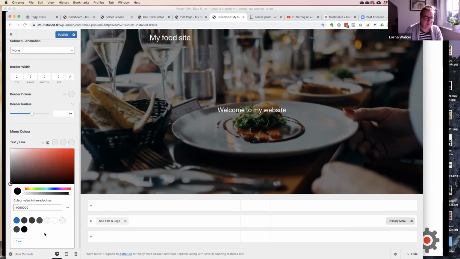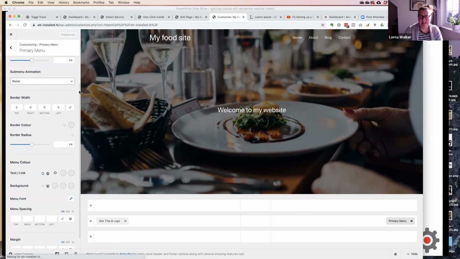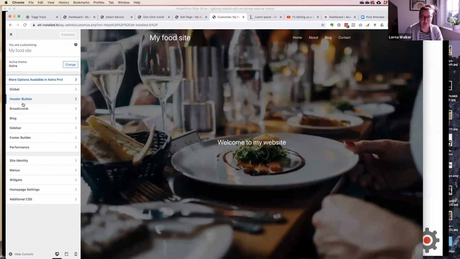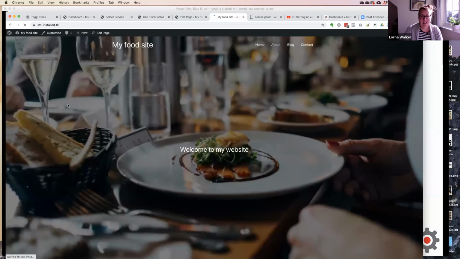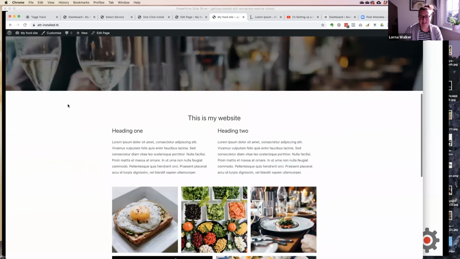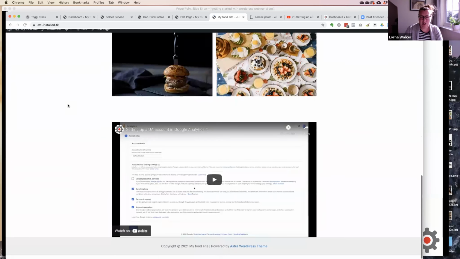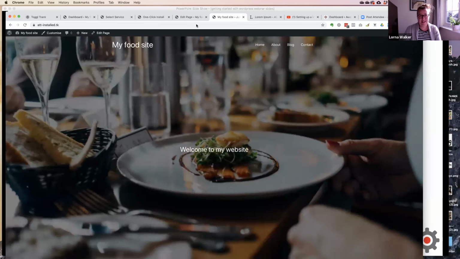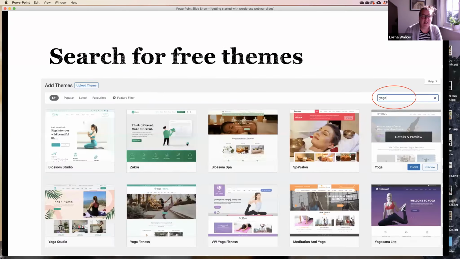So again, quite often when you get to grips with a site, you're going to need to spend a little bit of time poking around in these options. We would generally recommend that you start by working your way through. So you can see now we're starting to get something that looks a lot more website-y. And it's relatively straightforward to get to this point. So if I just go back